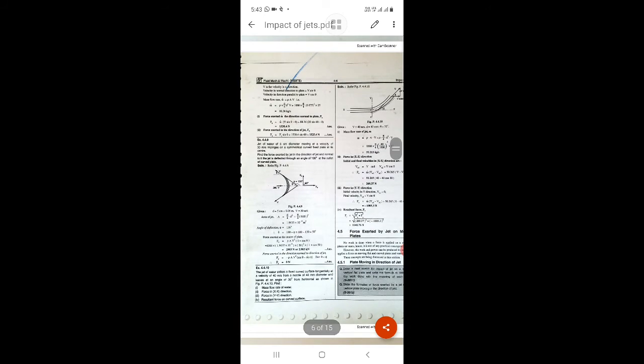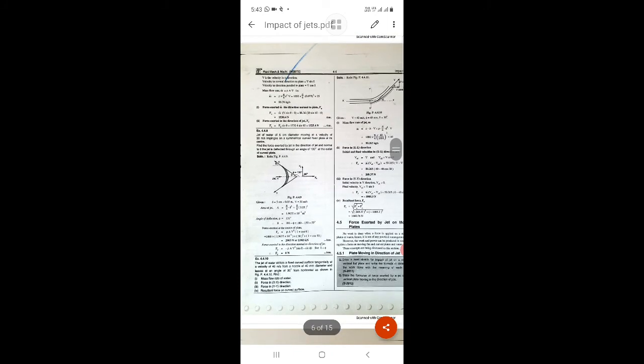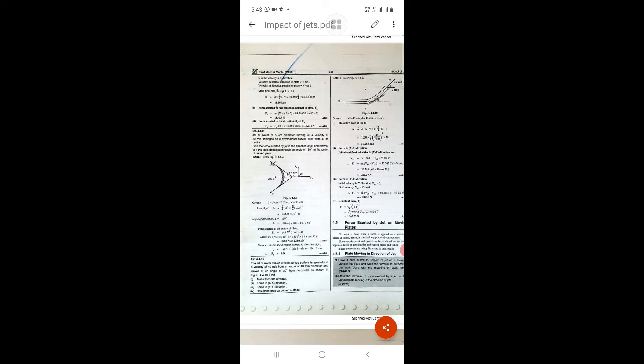So the next example: a jet of water 5 cm in diameter moving with velocity 30 strikes a symmetrical curved fixed plate at the center. Find the force exerted by the jet normal to the jet at an angle of 130 degrees. So let's see, pi by 4 d square is the area. Find it with the diameter. Since the angle is more than 90, take 180 minus theta. So Fx is equal to rho a v square times 1 plus cos theta, so 2903 kilonewton. So Fy is 0 Newton. In this way, write down this problem.